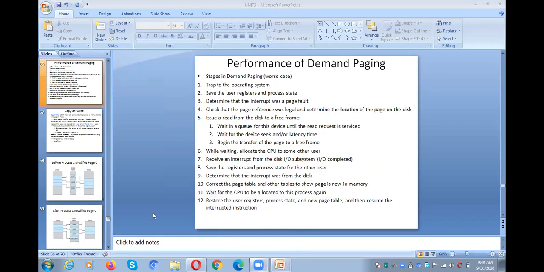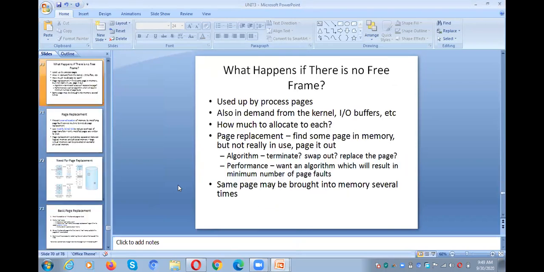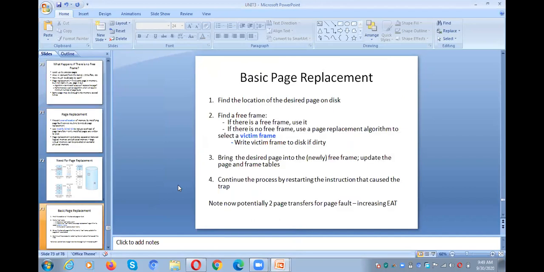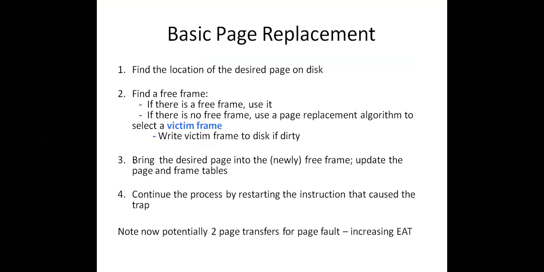Right. The next concept, I would like to start the page replacement algorithms. We need to start with basic page replacement. I already told you one thing: whenever there is a page fault, there is a trap to the operating system. The operating system will check for the page in the secondary memory, the disk. If the page is in the disk, the operating system will check for a free frame. If a free frame is available, the operating system will load the page into the free frame from secondary memory.